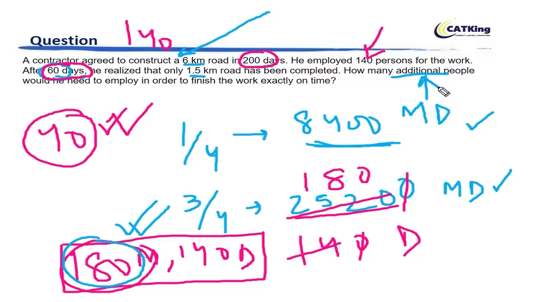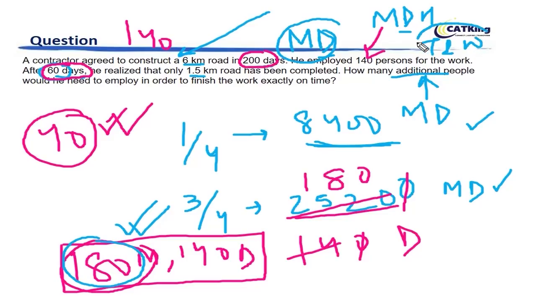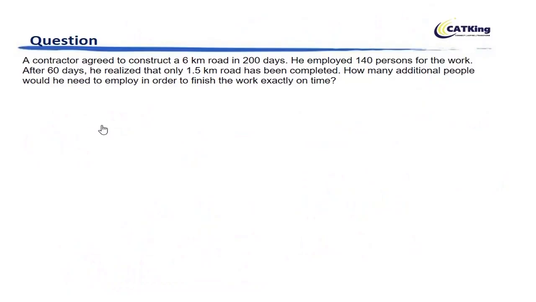I hope this is clear to you. A very, very simple question. The approach is man days concept. I hope you've studied man days concept or man days hours concept in time and work. So it's a time and work question, right, and a man days concept. Okay, if you don't remember it clearly, please revise the concept, because you can see for yourself that questions are coming in CAT, right? Let's move on and see the next question.